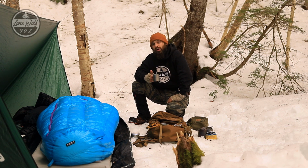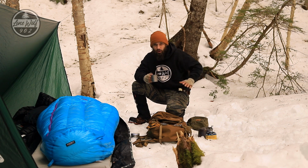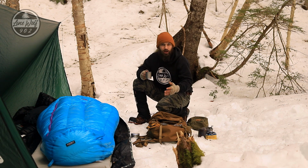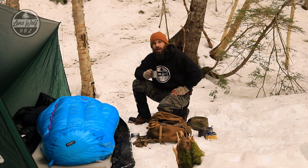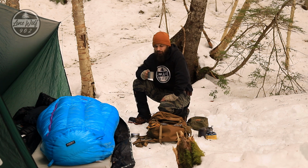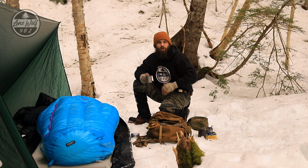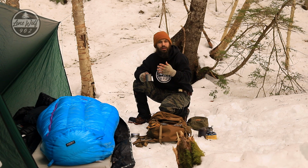So I do not have my saw with me on this trip. I only brought one knife, my hip knife, and then I did bring another smaller knife for helping out with cooking food, but all I have is a knife. So what I think I'm going to do is finish up my coffee, and then I'm just going to take a walk around the area, gather up any small twigs, small round pieces of wood that I could process easily